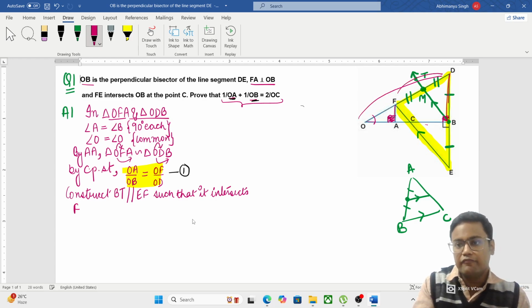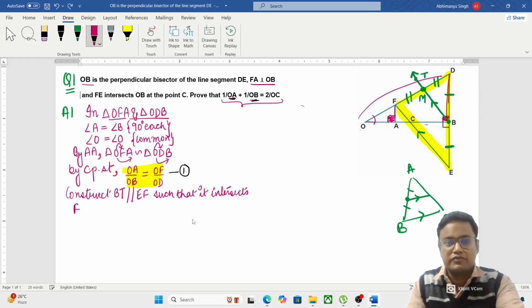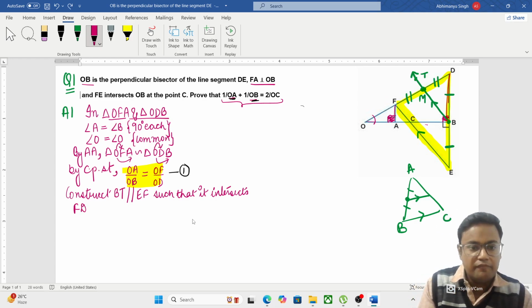OD is a part of FD, right? So we can write one of the segments. So it intersects FD at M, and by converse of midpoint theorem,